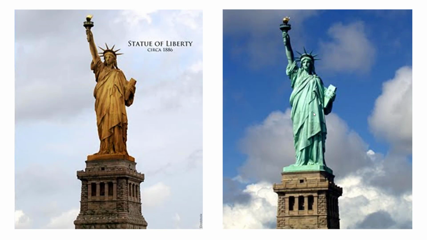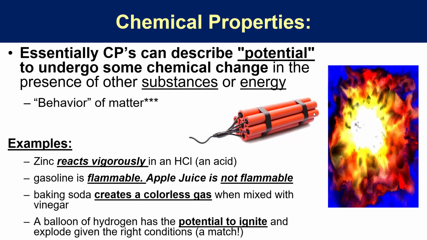So that was all about its behavior. So in summation, chemical properties essentially describe potential to undergo a chemical change of some kind, a reaction, in the presence of other substances or energy. It describes behavior. So examples of that, other than the two that we did, zinc has the potential to react